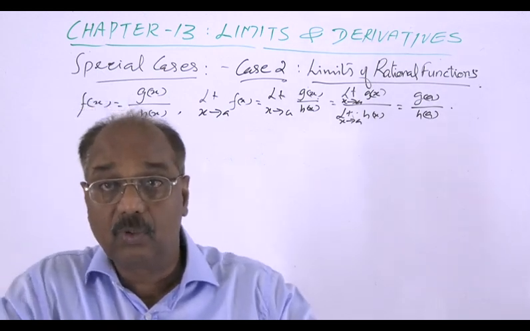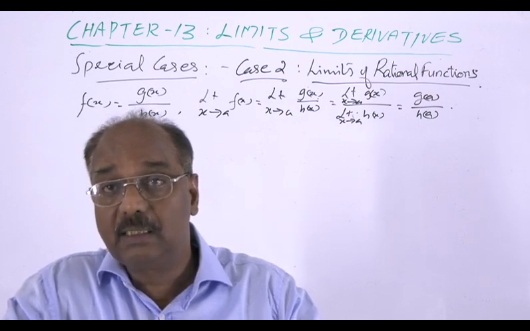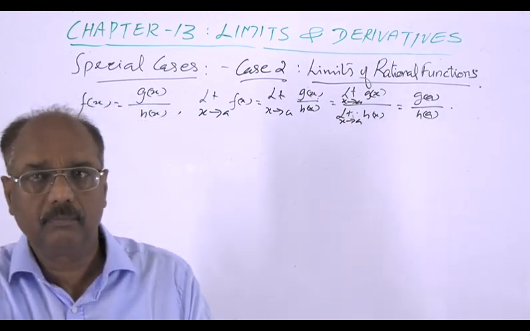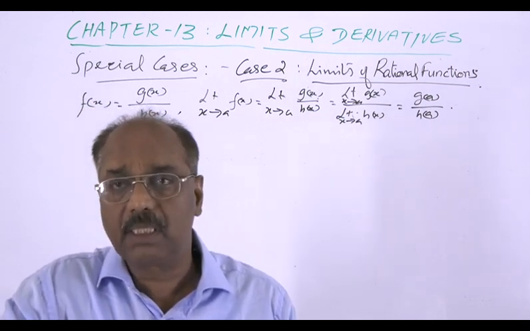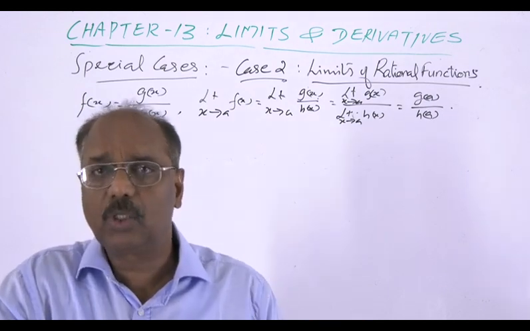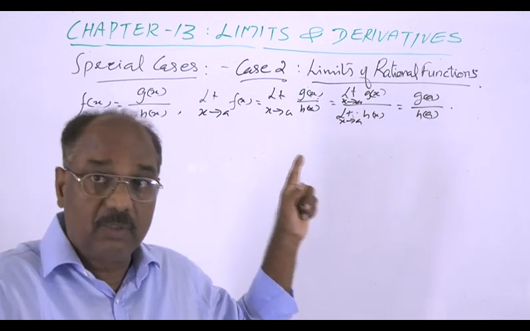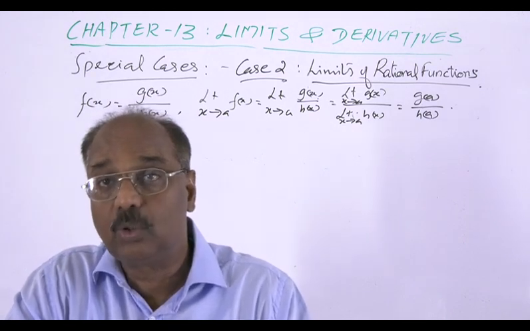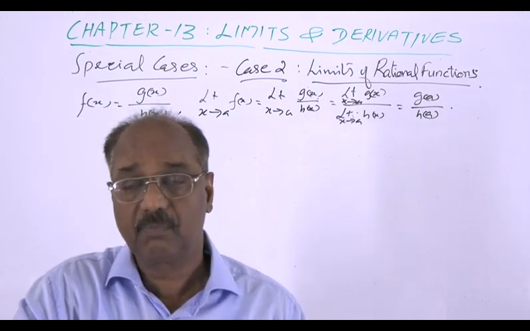Then automatically there will be a tendency for us to say that the limit does not exist because the denominator is 0. So there is a tendency for this. But blindly never say the limit does not exist, because in certain situations there will be a limit for this, even though h(a) equal to 0, denominator equal to 0 when x equal to a. We will discuss that.